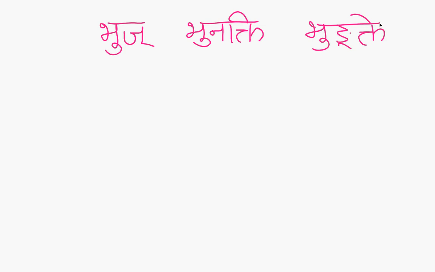For example, Raja rajyam bhunakti, meaning he rules or protects the kingdom. Anyway, let's look at only the Parasmaipada forms here. Bhuj, bhunakti. What is the lang lakara form for Parasmaipada bhuj? Lang lakara is abhunag or abhunak.